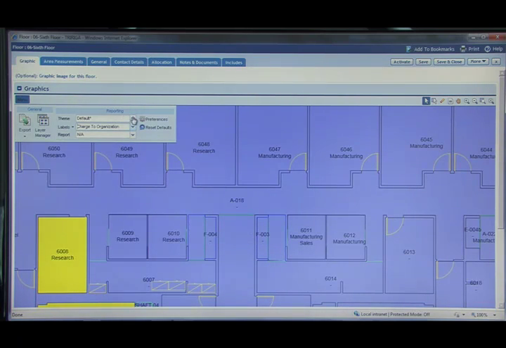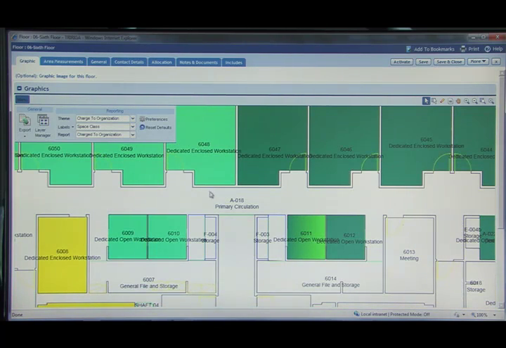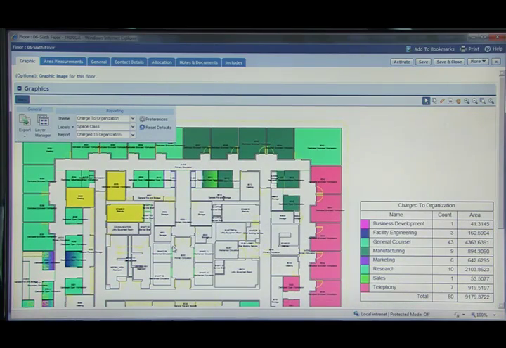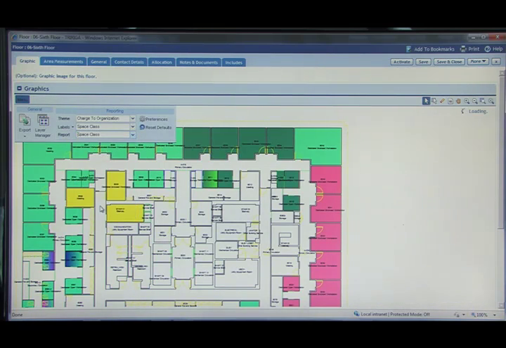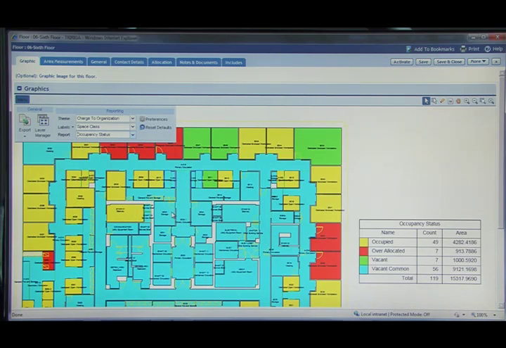Now we also roll those into what we call themes. So the users can run these reports in TRIRIGA. And let me just zoom out here for you. I'll do a fit view, and they can start seeing things like what organizations are occupying the space. Or they may want to run another type of report on how the space is built out, with what kind of space is on the floor. Or from an occupancy perspective, they want to be able to see what spaces are available on the floor plan